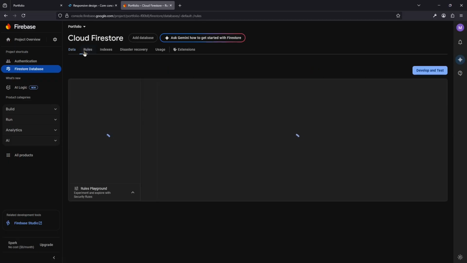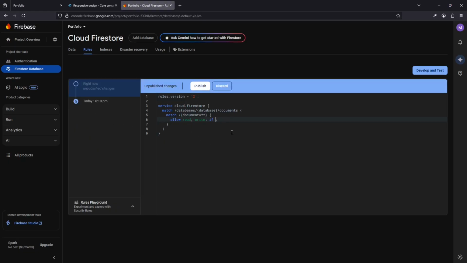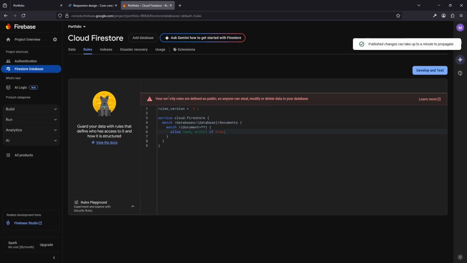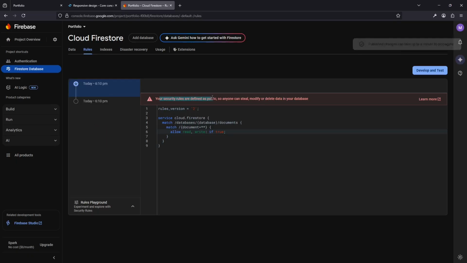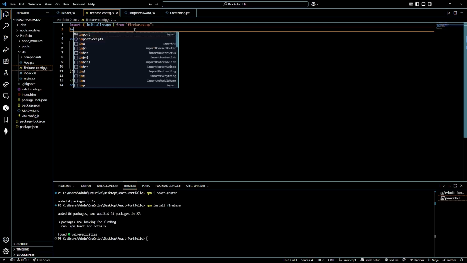Go to rules, and for the sake of testing, it says allow read and write if false. Change that to is true and click publish. Now you can see your security rules are defined as public, so anyone can still modify or delete data in your database. Now we'll just use this for testing. So go back to your application now, and in your Firebase-config.js file,